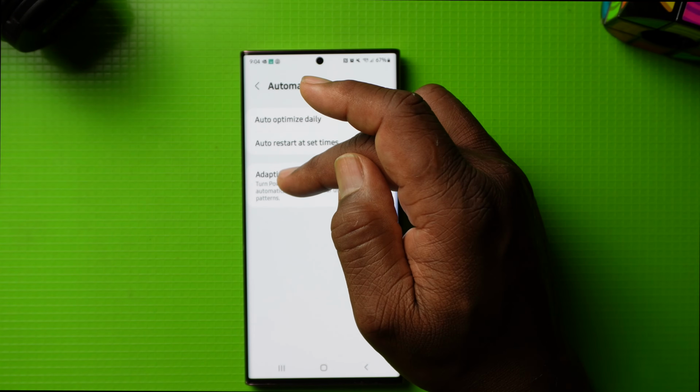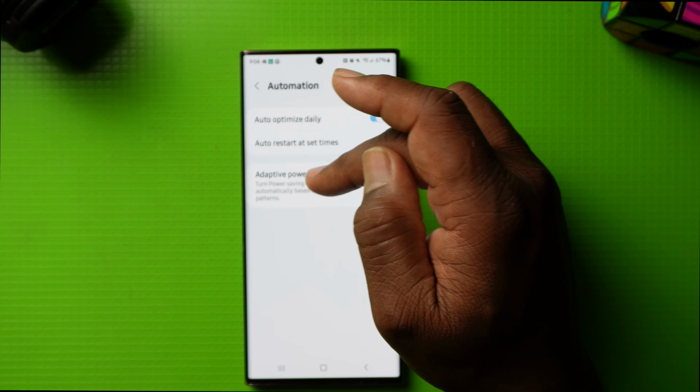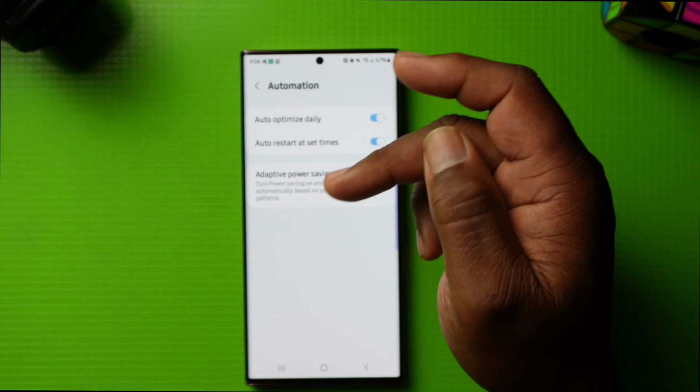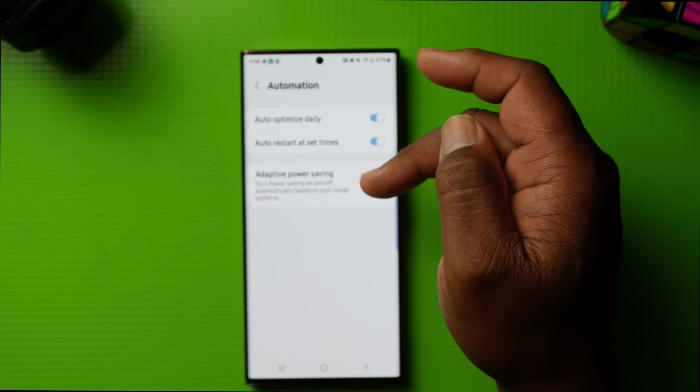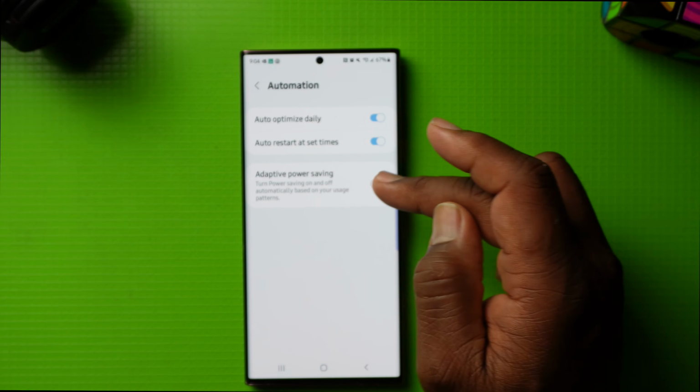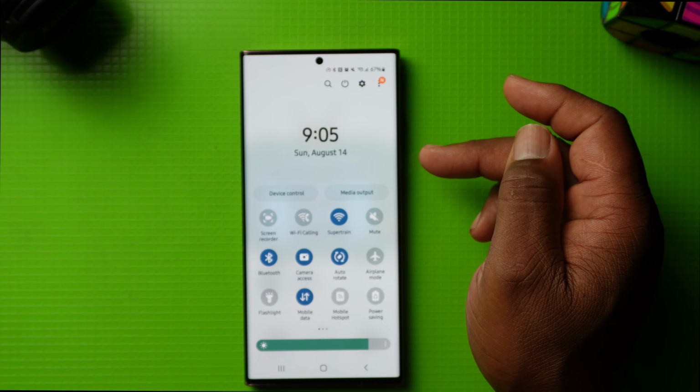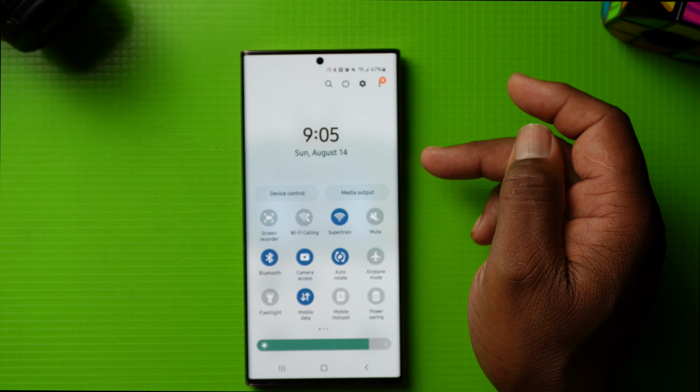Now you use this to turn the power saving mode on, and it's going to automatically adapt it based on the way you use your phone. So you tap that. Now your phone will be automatically optimized, and you're going to save as much battery power